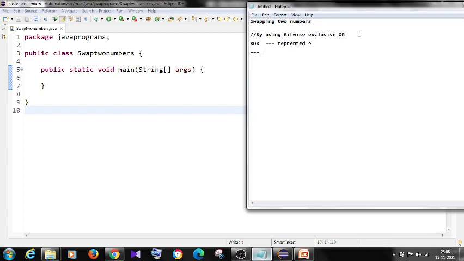The caret is a binary operator that performs a bit by bit exclusive OR operation.